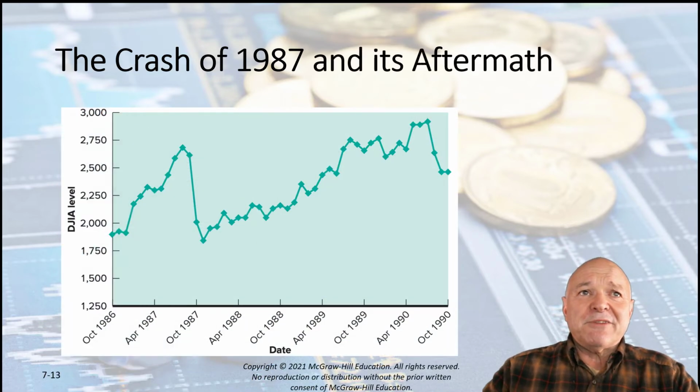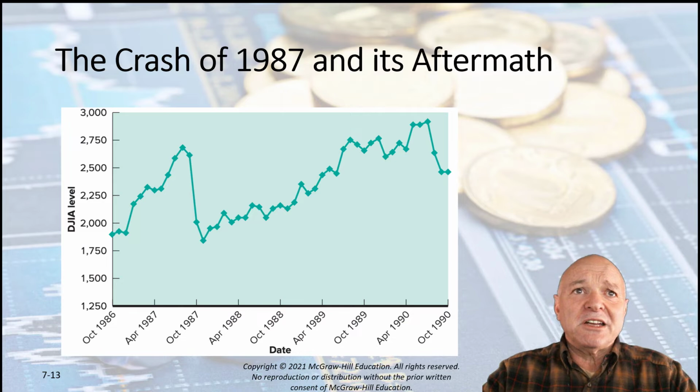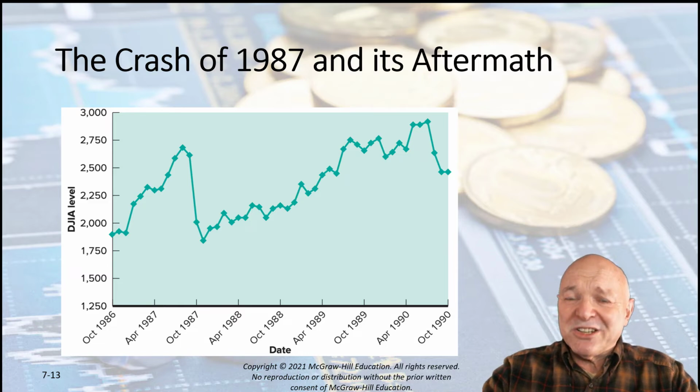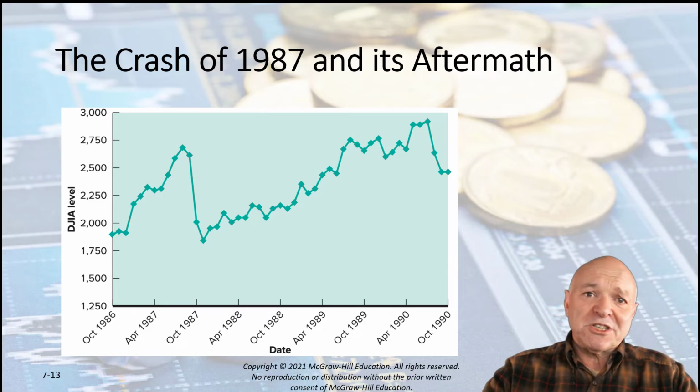The crash in 1987 actually was followed by a recovery when people realized this was an irrational crash. It really did not need to happen. The market wasn't really overpriced the way that it had been in the past, and so we started to see a recovery. And people started to say, why do we make such a stupid mistake?